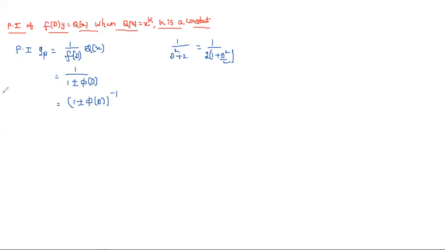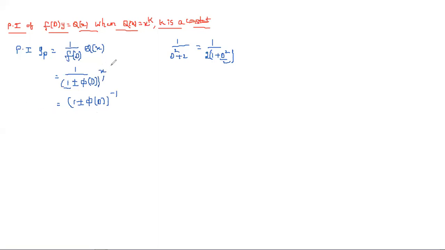So 1 you need to get. For that, by taking which one will you get 1? That one you need to take common from the entire polynomial. After taking the common one, you need to take this into the numerator. Then it changes to minus 1. Of course, here it is having whole power 1, that's why minus 1. If it is having 2, whole power minus 2. If it is having 3, whole power minus 3. And then you need to write the expansion of this.